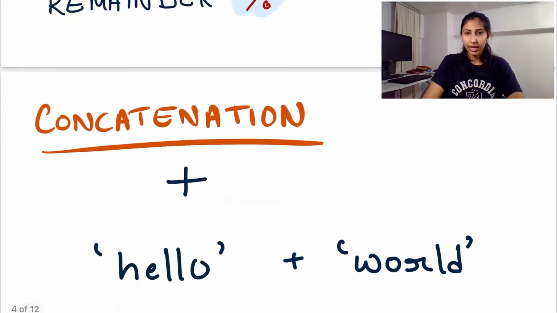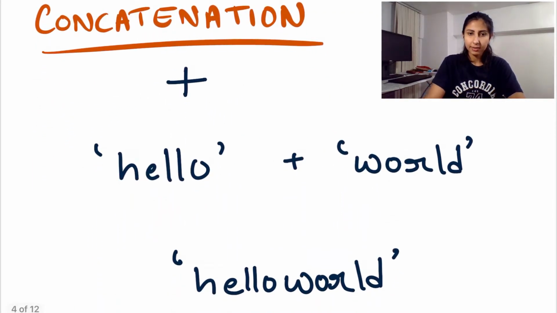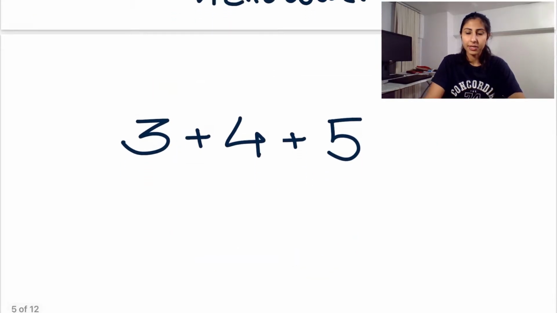We also have the concatenation operator, which has the same symbol as the addition operator but is used to combine two strings into one. It has a special property that if it is used in such a way that one operand is a string and the other is a number, it converts the number into a string. We will see an example on this in a bit, but first I want to talk about how expressions are